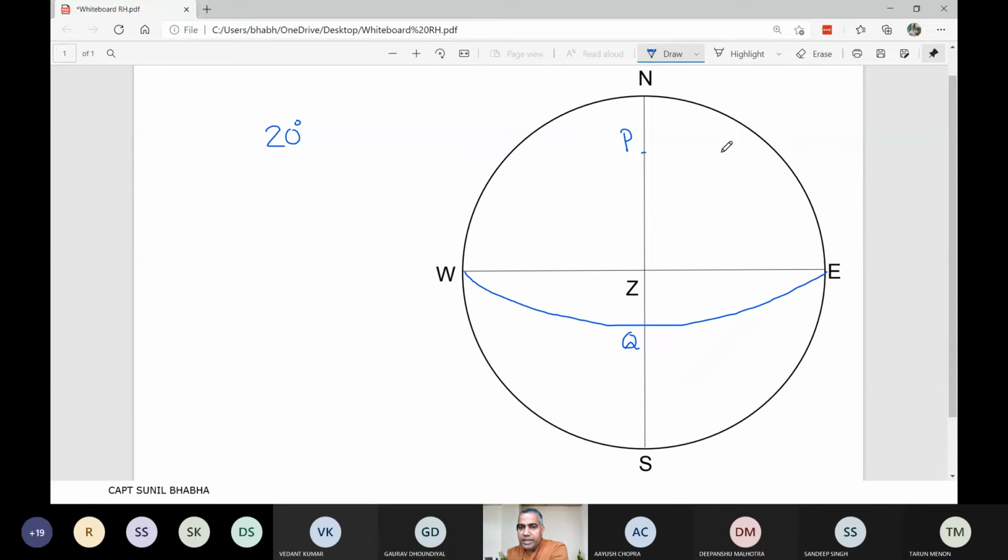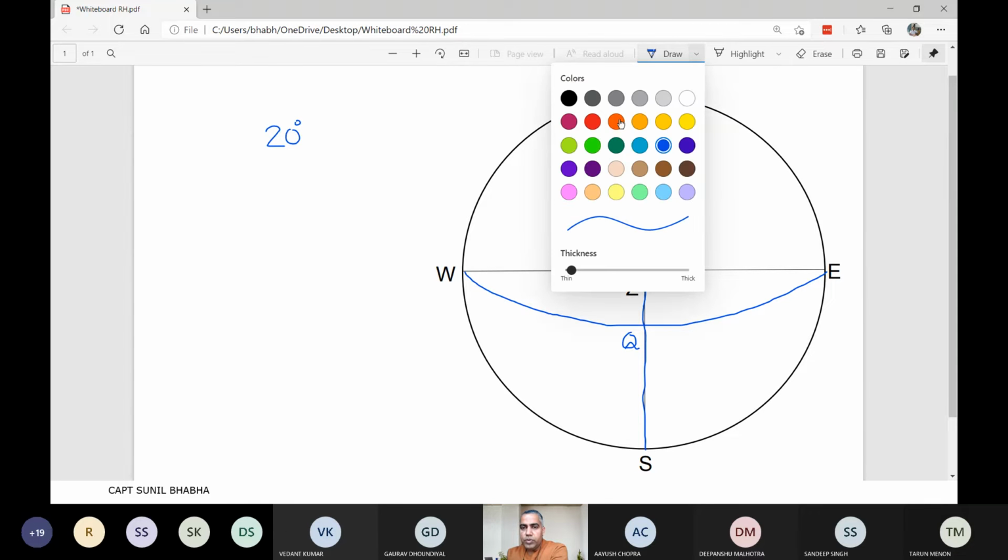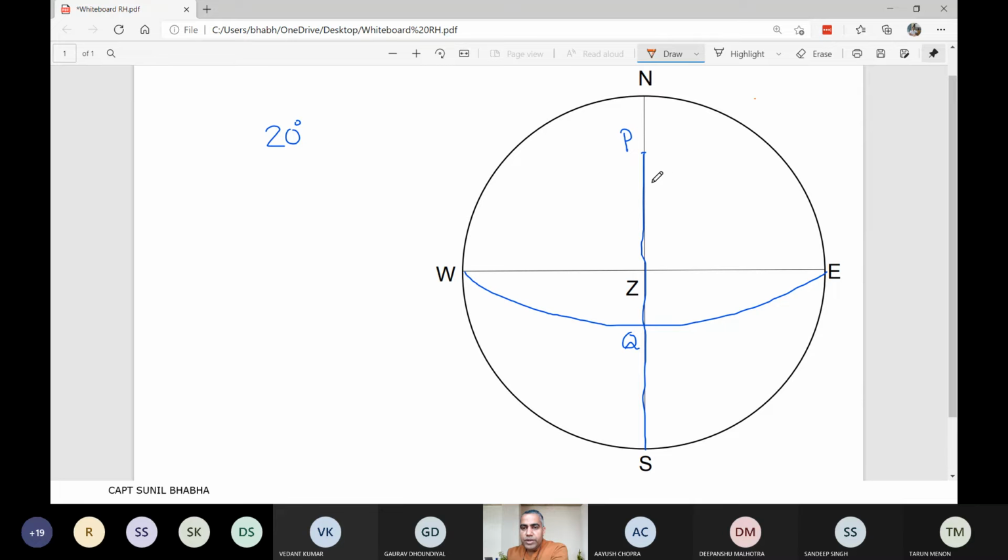First of all, let's identify the observer's meridian. In this diagram, PZQS, this line basically represents the observer's meridian. Now, if you want to have the stars within 20 degrees of this, let me draw this 20 degree angle. This 20-degree angle is measured at the pole. So at the pole, if I go 20 degrees toward the east side and 20 degrees toward the west side,